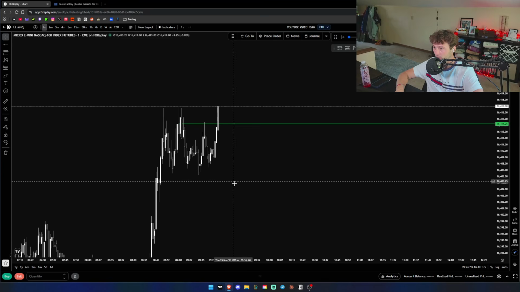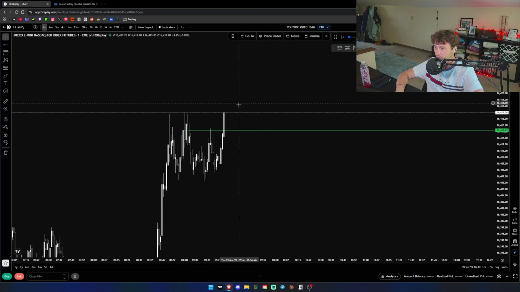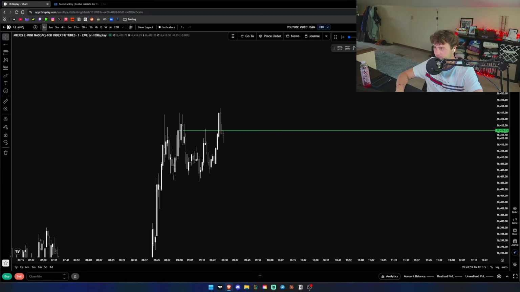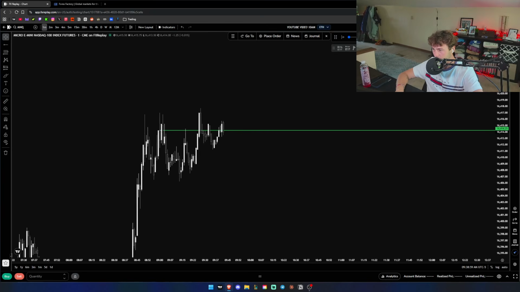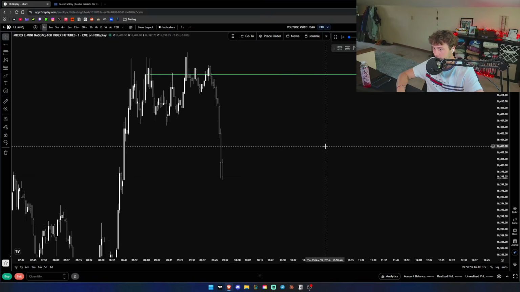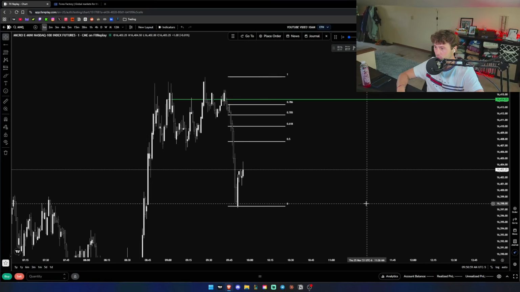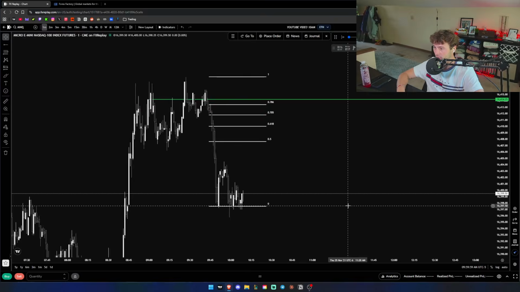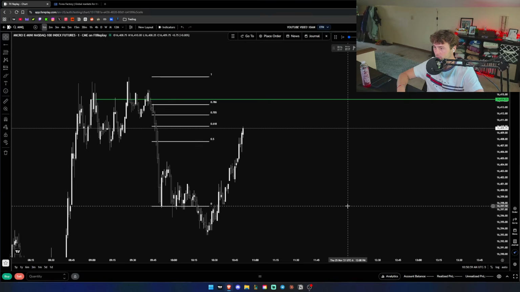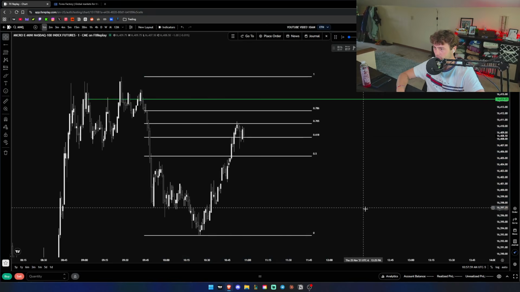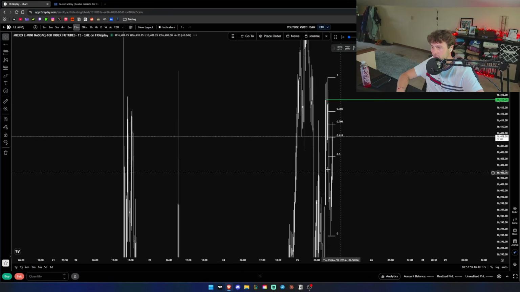Let's see. Anything else we want to take? Definitely manipulated it down. Took out these so we don't have equal lows. Above now. Nothing. Okay, boom. So now we actually have a decent move down. If price wants to come up and retest it, I would take it. But it doesn't look like we really want to. Would I take it now? Probably not. Is there anything on the 15?